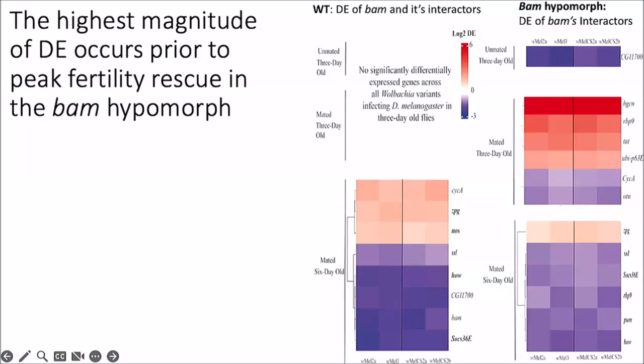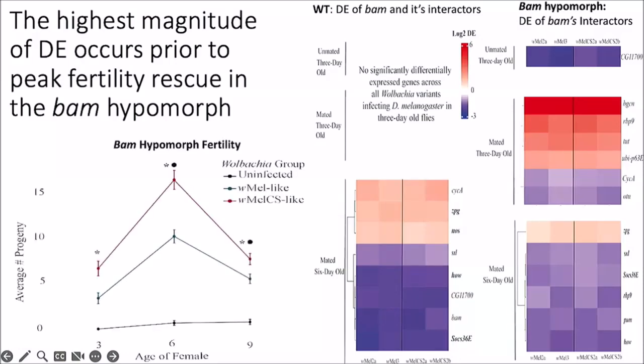And what's actually being rescued, interestingly, BAM's partner BGCN is in fact the most highly upregulated gene in the mated 3-day-old flies, which we think are the ones that are most priming things for rescue of this fertility defect. We also see a variety of other genes that some go up, some go down in expression, but